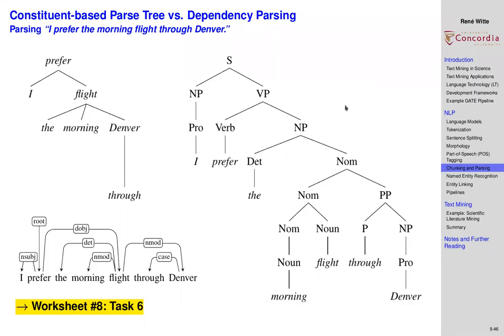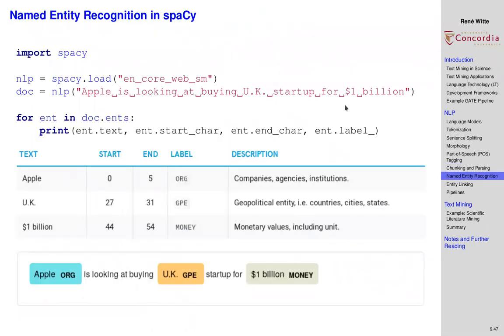Okay, this part is quite short. Now that we have done all this work, we want to find our entities in the document. So what I showed you earlier in the introduction, we want to be able to do named entity recognition. So in a document, we want to be able to find entities like companies, organizations, locations, money, email addresses, and